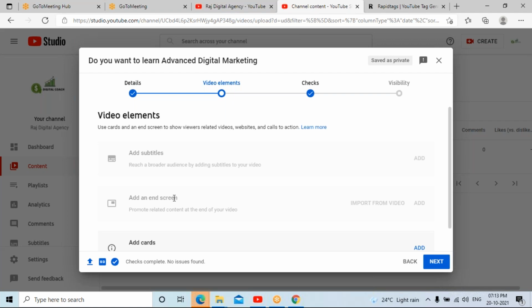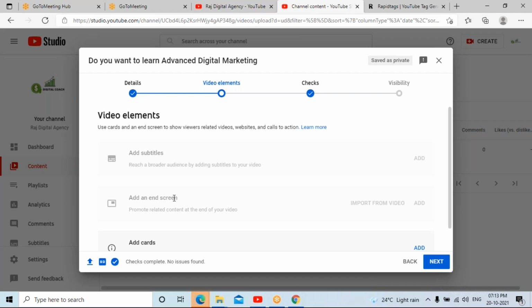For a video with less than 25 seconds, add an end screen will be disabled. If your video is more than 25 seconds, then the add an end screen option will be allowed. So I request you, whenever you are creating a video, try to create it for more than 25 seconds so that it is visible.